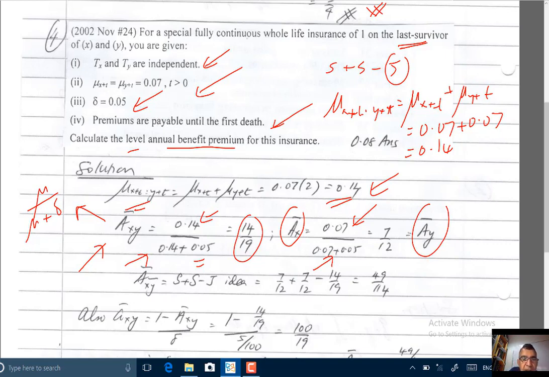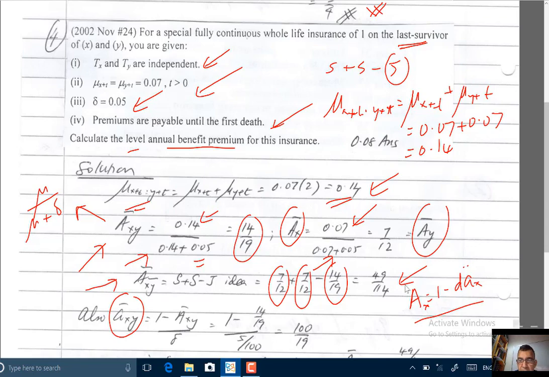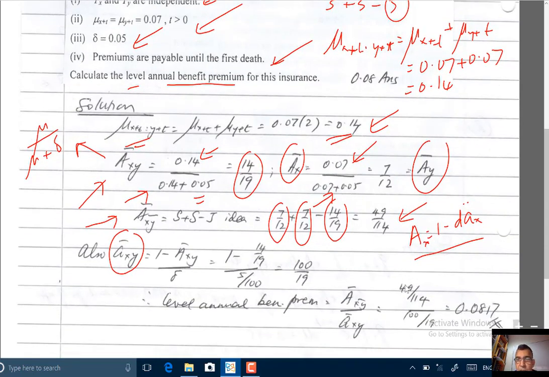Good. So using the idea single plus single minus joint, we will have 7 over 12 plus 7 over 12 minus 14 over 19. You will get 49 over 114. And remember, a equals to 1 minus dex. Okay, so we're going to use this formula now to work out our a bar xy, the annuity function. Okay, I repeat, we're going to use that idea to work out